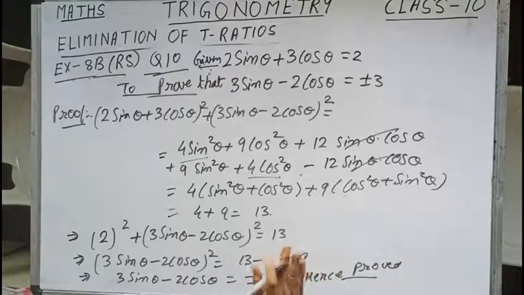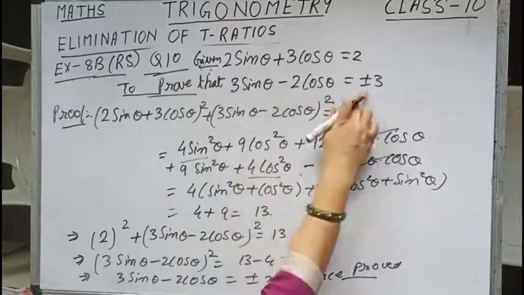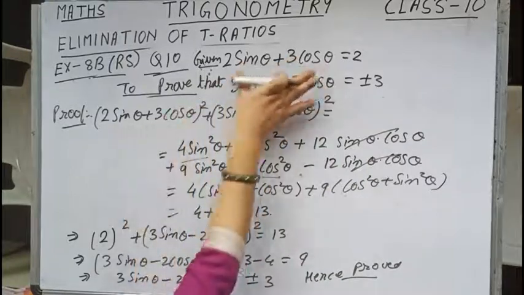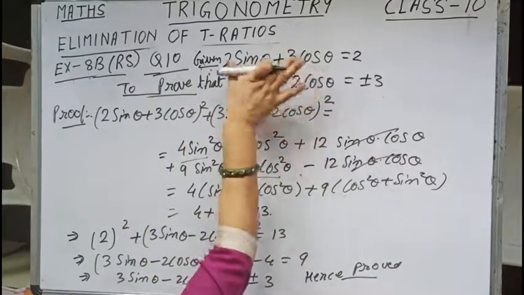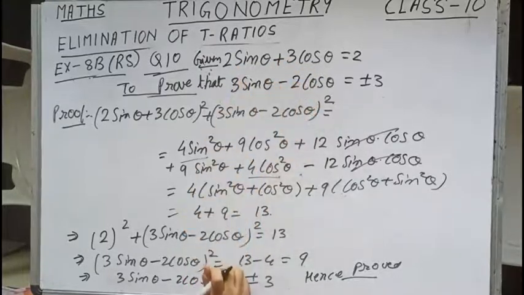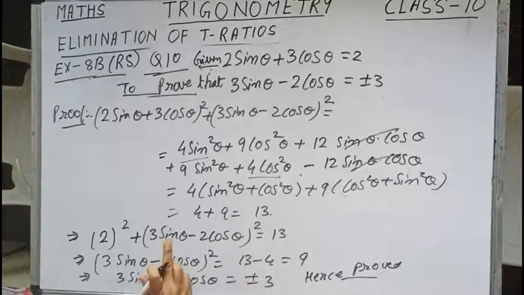So children, whenever you see any question where we have to prove this plus minus 3, what you do is simply start with the square of the LHS of the given part and the LHS of the required-to-prove part. You will be getting the answer. You refer to one solved example also, that is solved example number 13. Let us go to the next question.